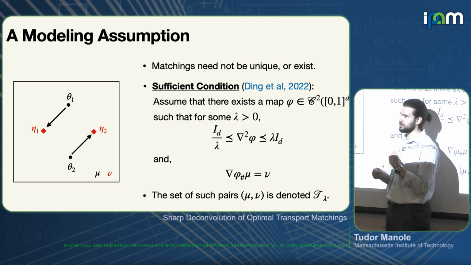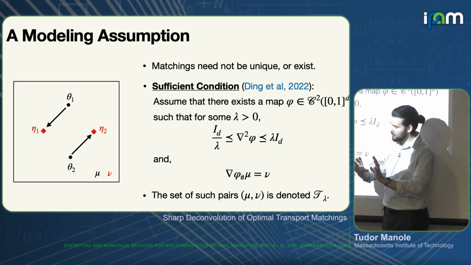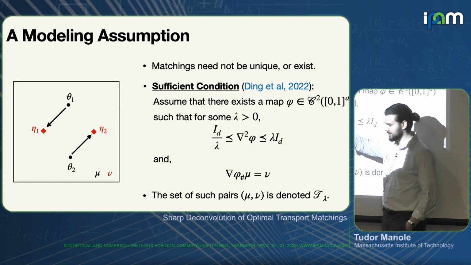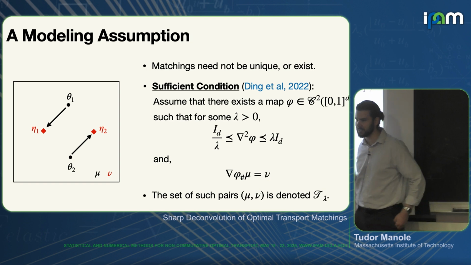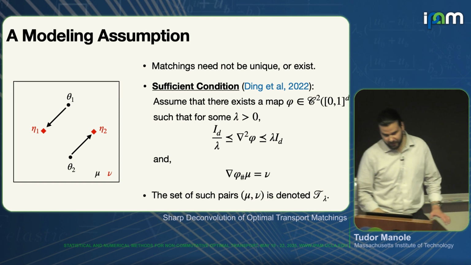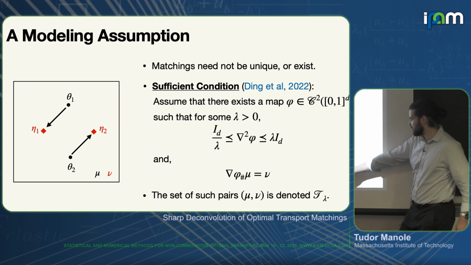If I wanted uniqueness of the matching from mu to nu and from nu to mu, then I would need this. You're absolutely right, that for the uniqueness of just one direction, you don't need both sides of this inequality. For our proof, we need both sides. Yeah, excellent question. Okay, and I'm going to denote by script T of lambda the space of measures mu and